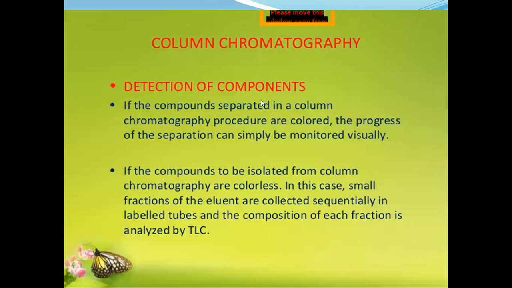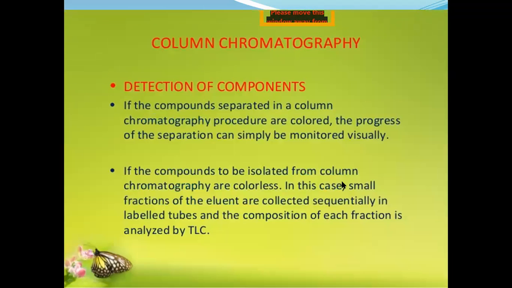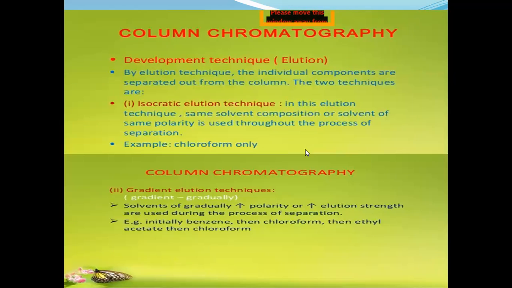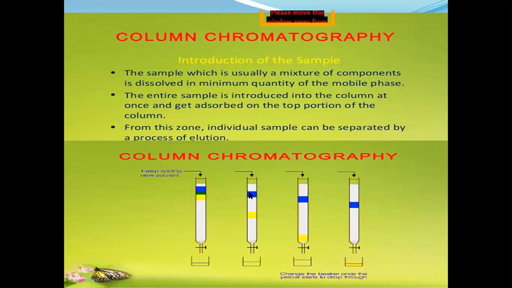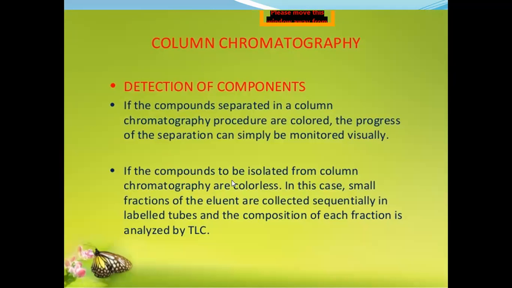And next, detection. Whatever compound we receive at the end during the elution, see, this is a yellow colored compound. This compound is received or separated. After some time it will be separated. After separation, what we do is detection of components. So how can we detect? If the compounds separated in column chromatography are colored, the process of separation can simply be monitored visually. That means if our components are colored like this, then it is very easy to identify. If the compounds to be isolated from the column are colorless,